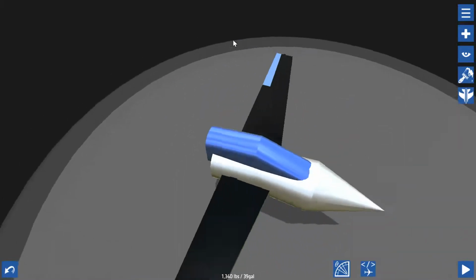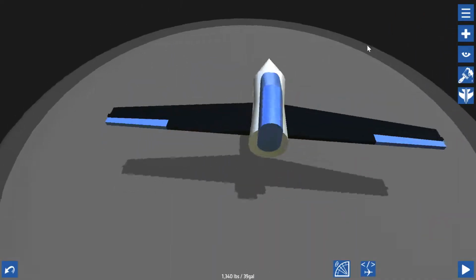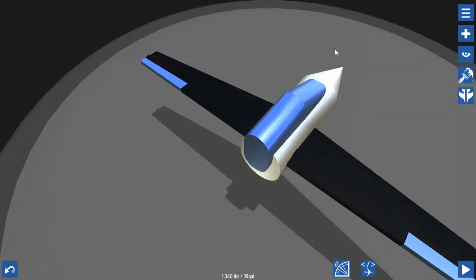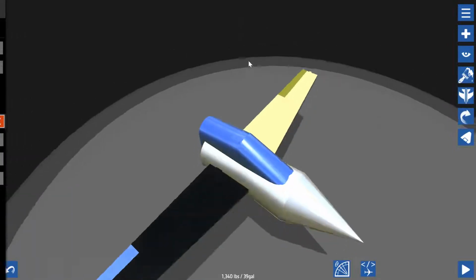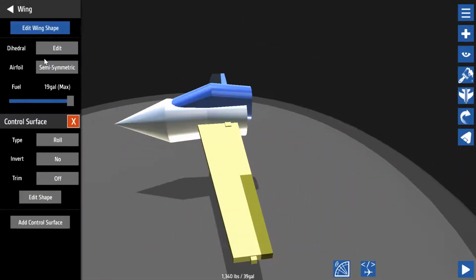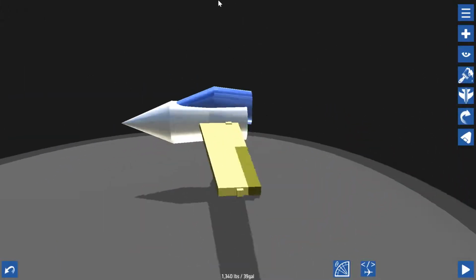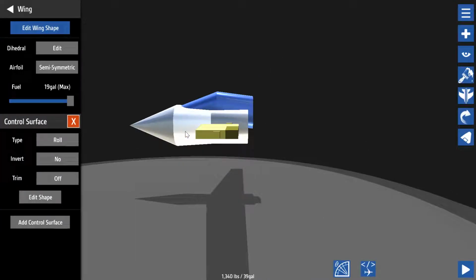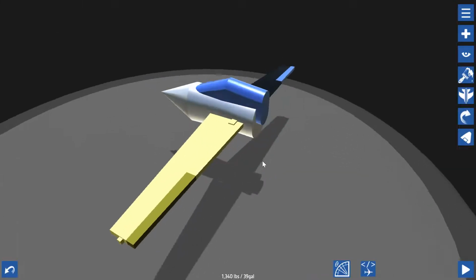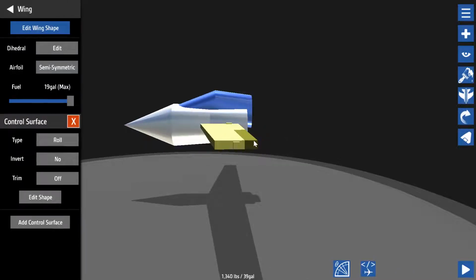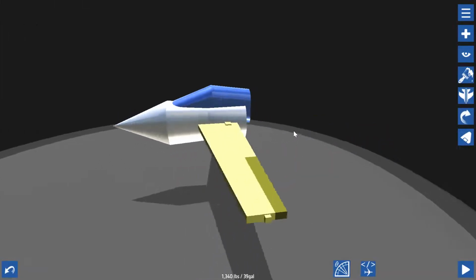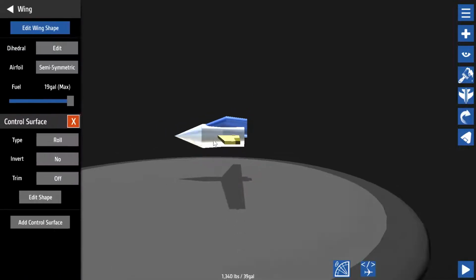And you will have horizontal stabilizers and vertical stabilizers on the back. So these have this thing called airfoil. Default set to semi-symmetric. What this means is the top side is a little tilted. Well, not here, of course, but that's what we imagine it as. So top side is a tad bit tilted, meaning during level flight, we will gain some,